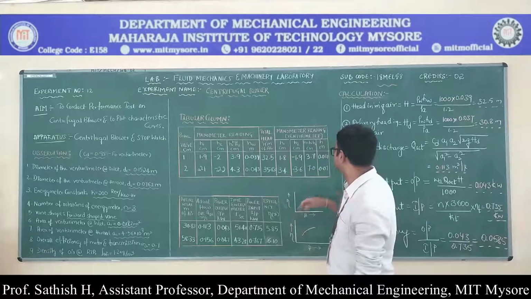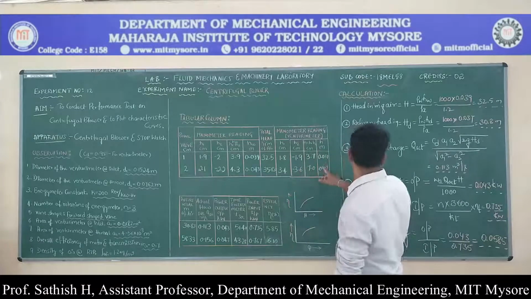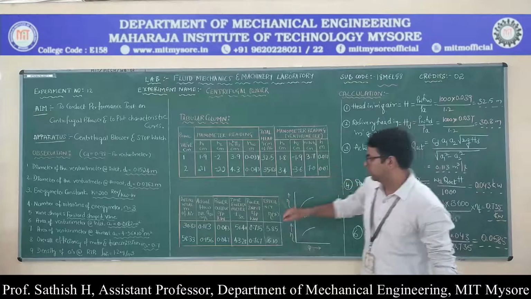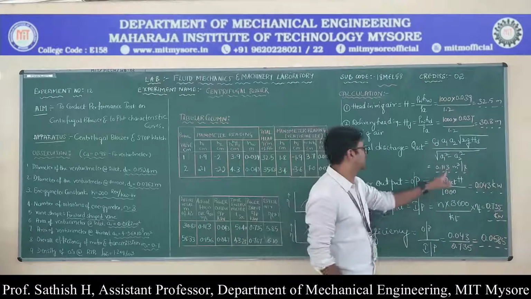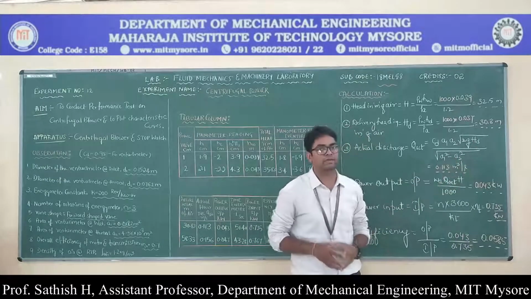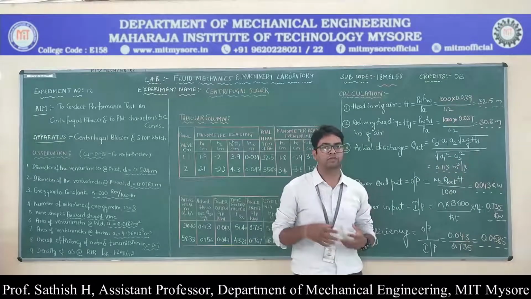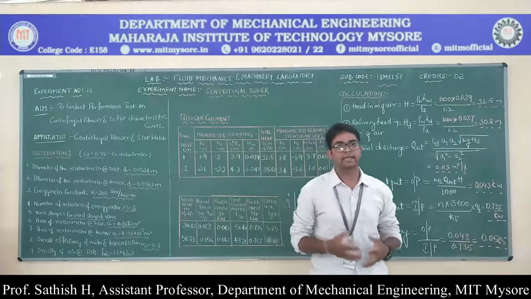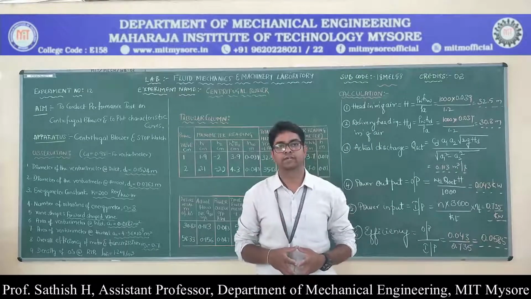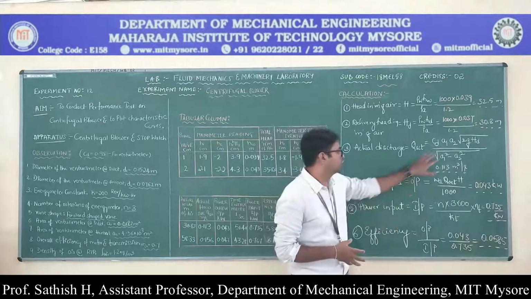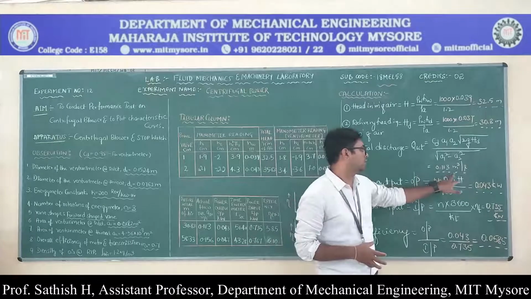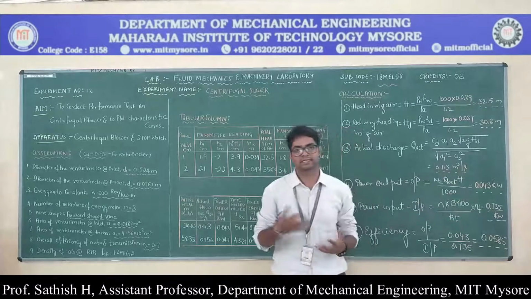Where is this HD? So this is equal to 30.83. Okay, so we have to substitute that 30.83 here, divided by the square root of A1 square minus A2 square, A1 being the area at the inlet of the venturimeter, and A2 being the area at the throat of the venturimeter. If you substitute and simplify those values, you will get 0.113 meter cube per second. Okay, that is the discharge.